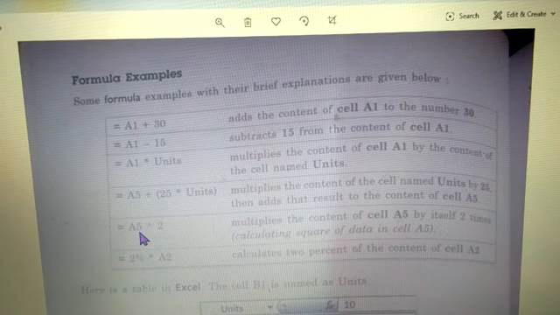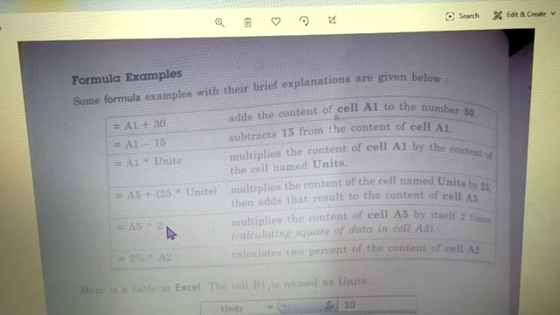Then here A5 with the exponent is there, raised to power 2. We say it like that, raised to power. Whatever value is at A5, its content will be multiplied 2 times.